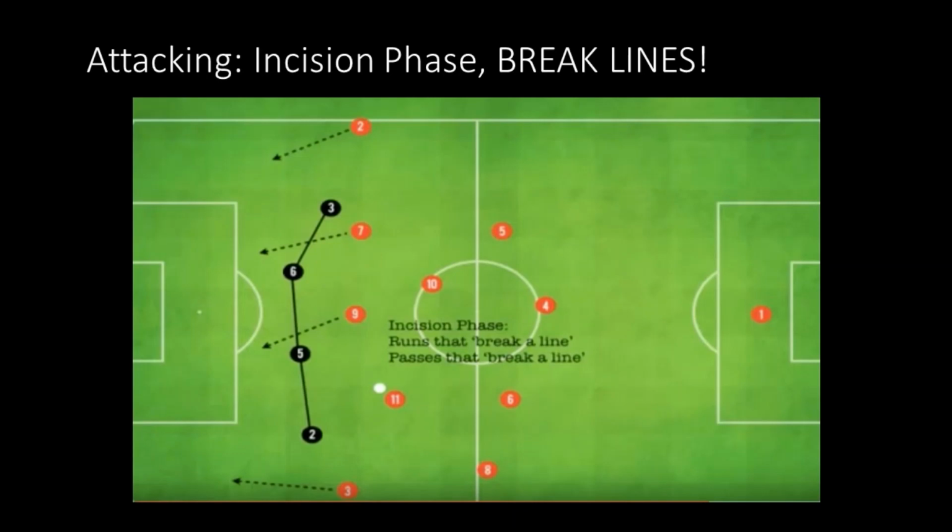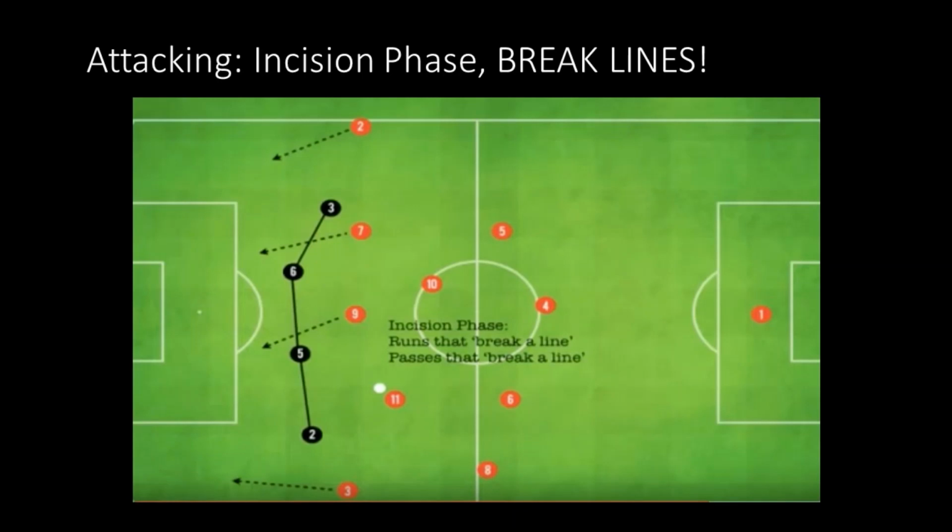So in this slide, we get to see, again, our attacking concepts and principles and game plan and training plan come into play. Here we see opportunities to break lines. So now, you see the number 11 that has the ball is able to turn and face. We've done a good job of building to that point through our possession to get in this dangerous area. You'll see that his supporting players, the number 9, who's another forward, the number 7 in red, who's another forward, the number 2 out wide, that's an outside back, and number 3 out wide, an outside back. And those arrows show the type of runs that can be made now. And those runs are breaking lines.